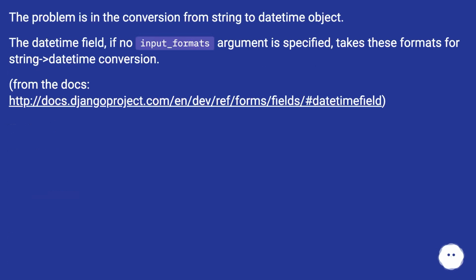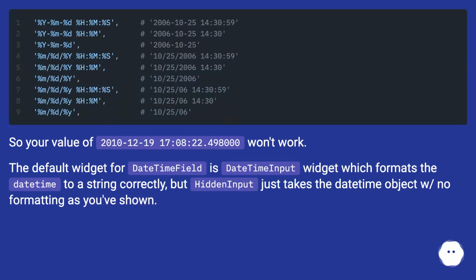The problem is in the conversion from string to datetime object. The datetime field, if no input_formats argument is specified, takes these formats for string to datetime conversion. From the docs, this URL. So your value of December 19, 2010 17:08